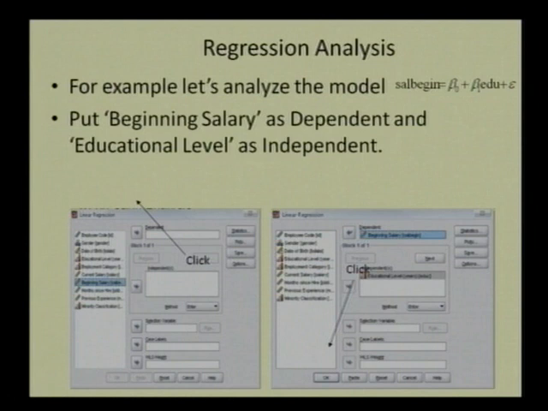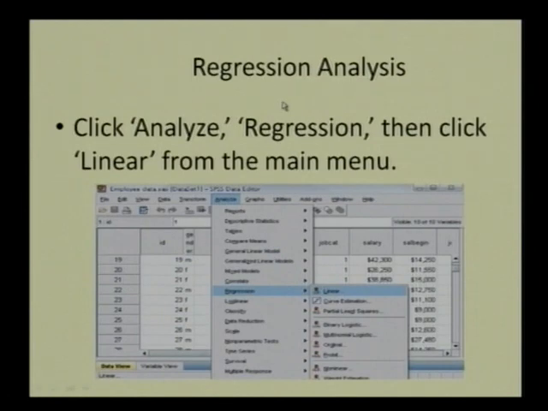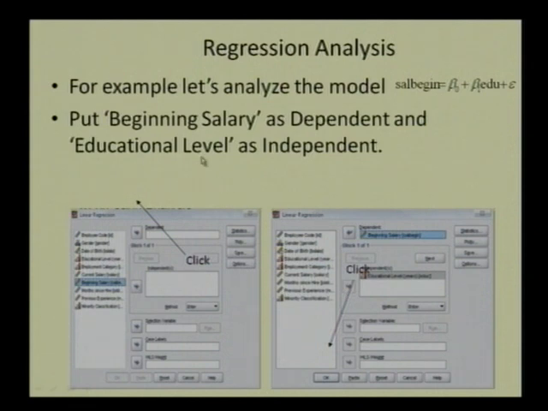So now you wish to analyze whether there is any positive relationship between them or not, and how to identify and predict it. You can see here, if you go to the regression menu, this is the previous slide. In the regression analysis, just select Analyze and then Linear. You have to identify whether the beginning salary depends on the education or not.